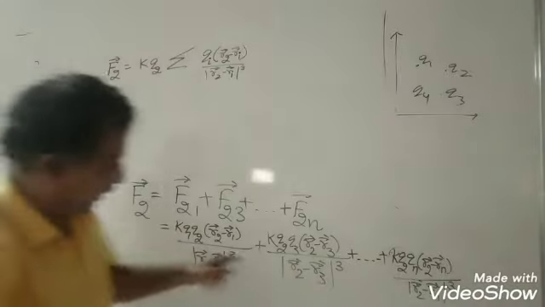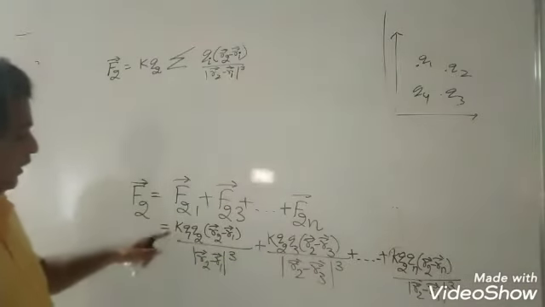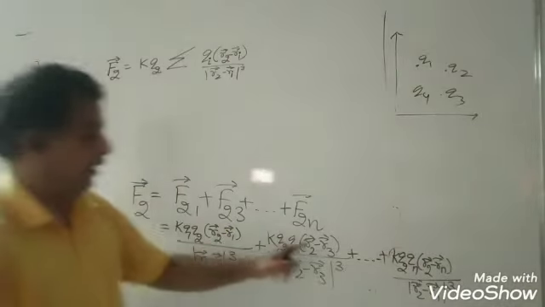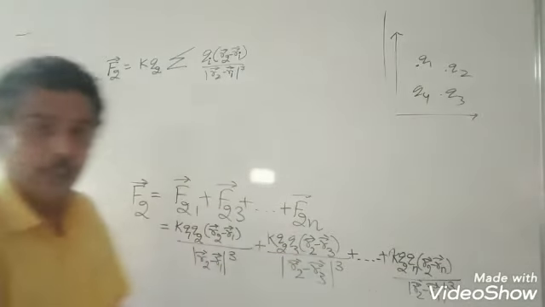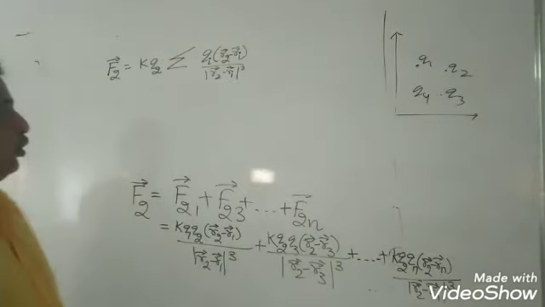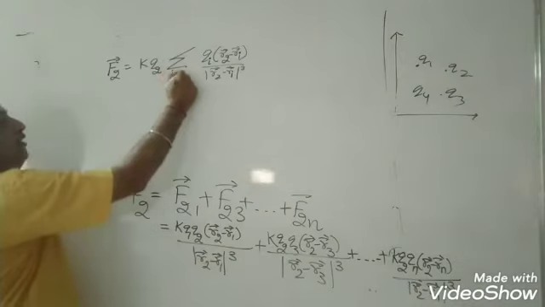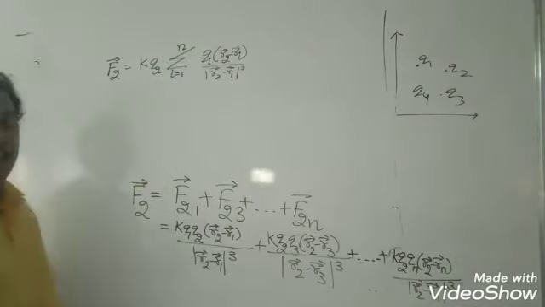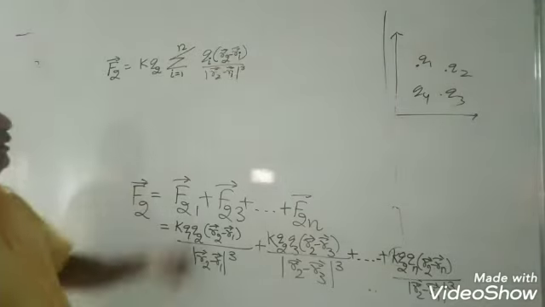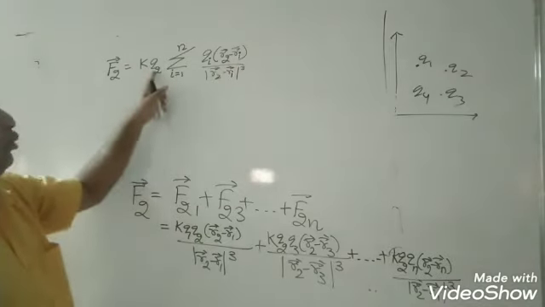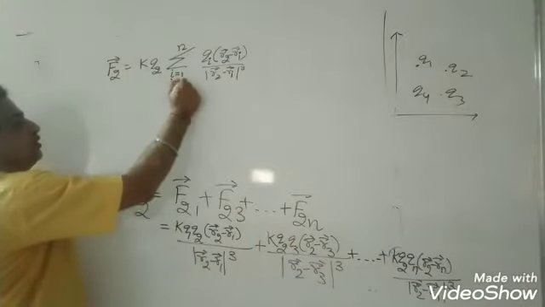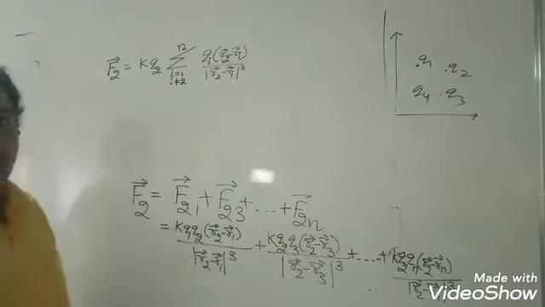I omitted one step. You can easily see KQ2 is common to all this. Now what are the variables? R1, R3, R4, R5, dash, dash, dash, Rn. I assign that variable the I symbol. So I put a summation sign and I is running from 1 to n. If there are n charges, so if I substitute I equal to 1, so R2 minus R1, then plus sign. I cannot be equal to 2 because the force cannot be exerted on itself. So the condition is I is not equal to 2.